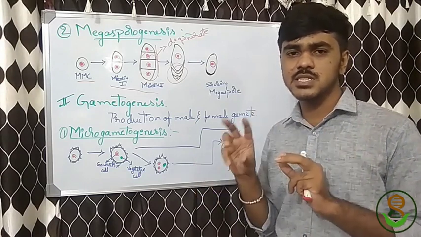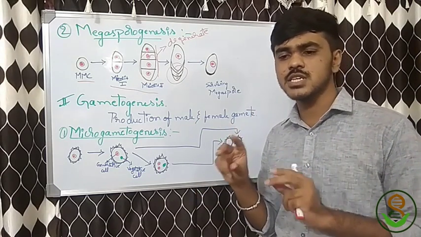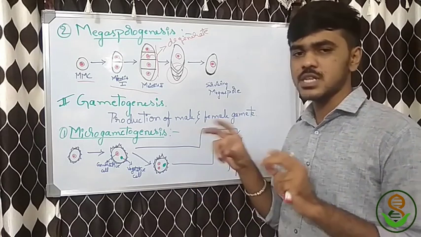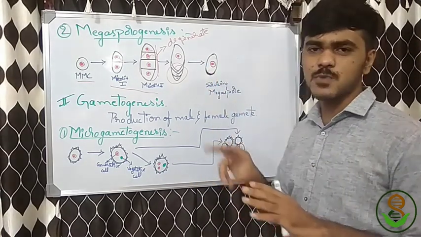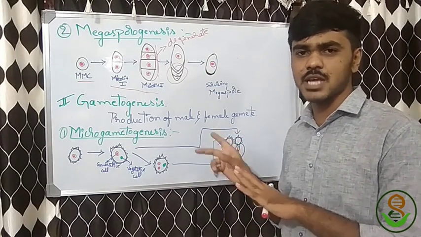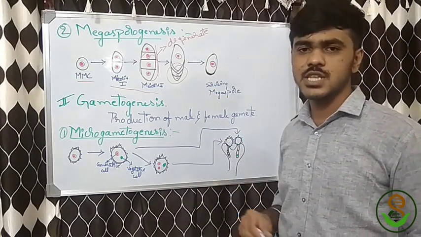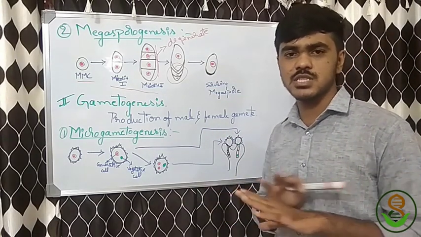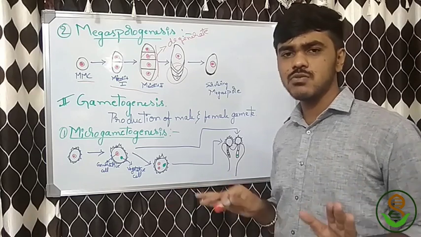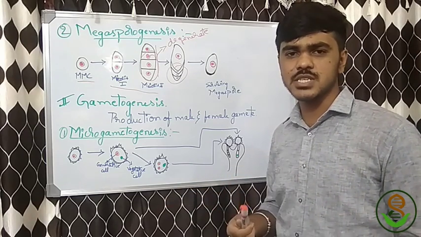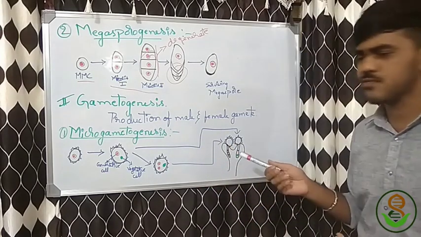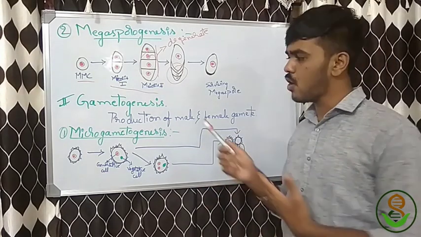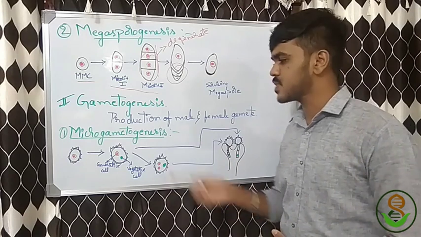The final stage in the microsporogenesis is the spore with a thickened wall, that is a microspore, the pollen with a thickened wall. And in the megasporogenesis, the final stage is the surviving megaspore. Next, we shall see the gametogenesis. Now, the sporogenesis is completed. Next it leads to gametogenesis. The gametes will form from these spores, and the production of male and female gametes is called gametogenesis.